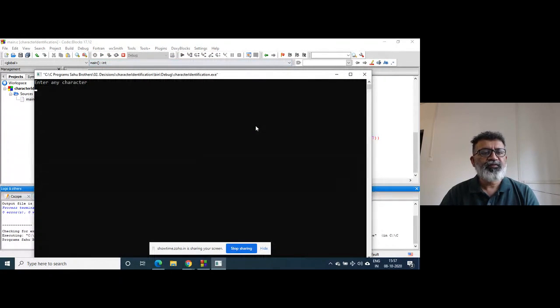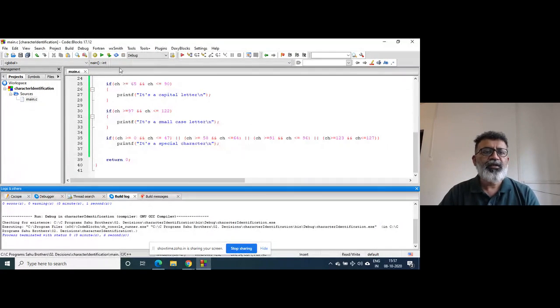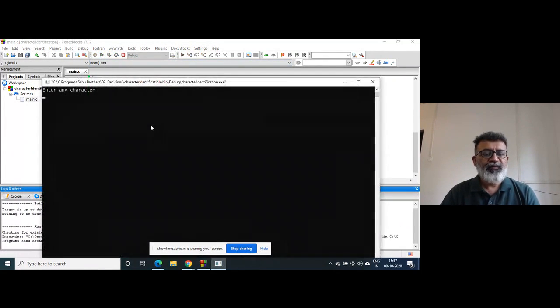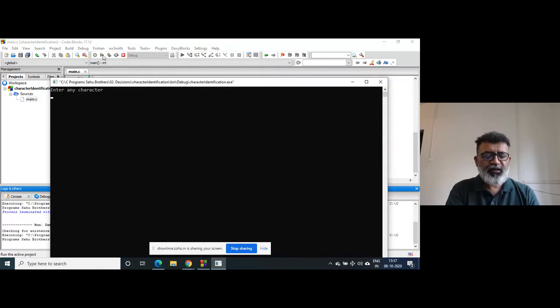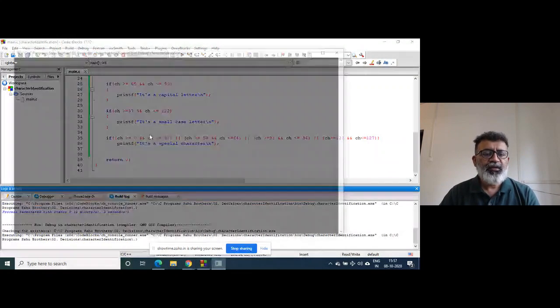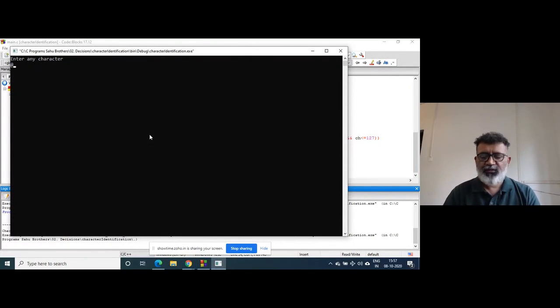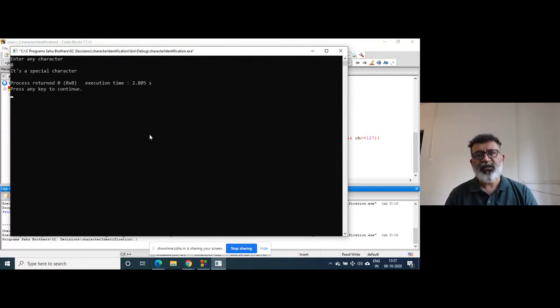If I enter 6, it will say it's a digit. If I enter p, it's a small case letter. If I enter capital W, it will give capital letter. If I enter X, it will say it's a special character.